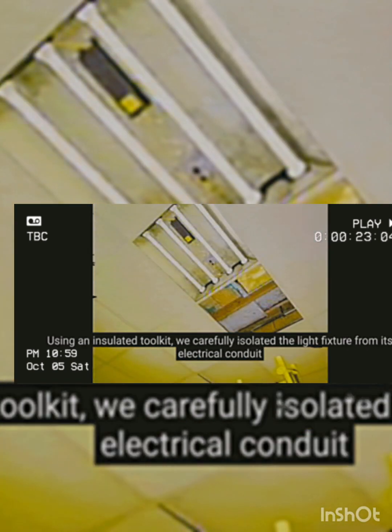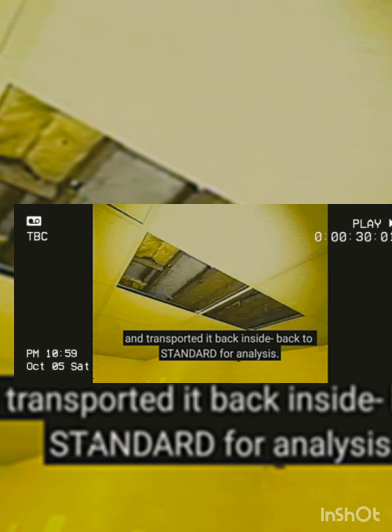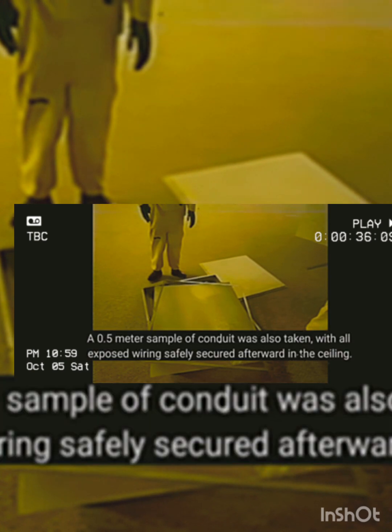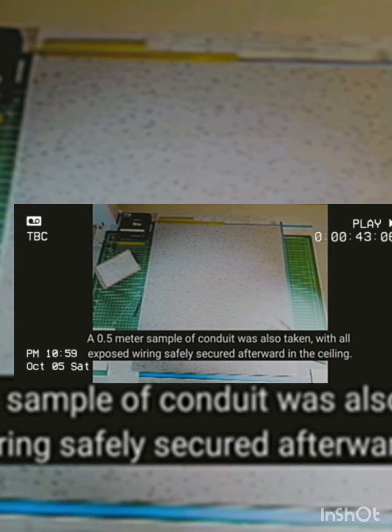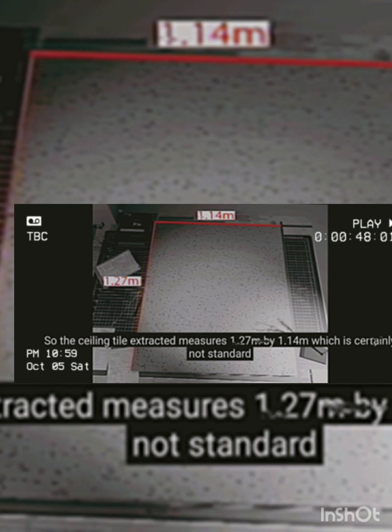Using an insulated toolkit, we carefully isolated the light fixture from its electrical conduit, extracted the troffer from the ceiling, and transported it back inside, back to standard for analysis. A 0.5 meter sample of conduit was also taken, with all exposed wiring safely secured afterwards in the ceiling. So the ceiling tile extracted measures 1.27 meters by 1.14 meters, which is certainly not standard, but it's